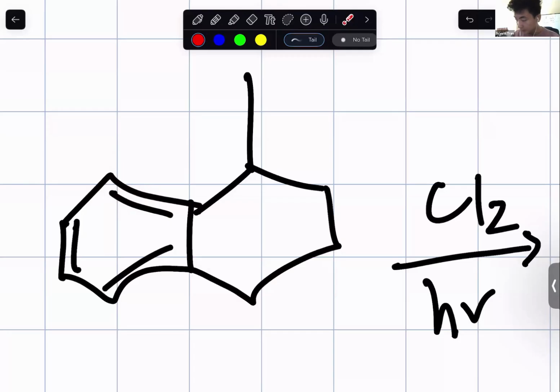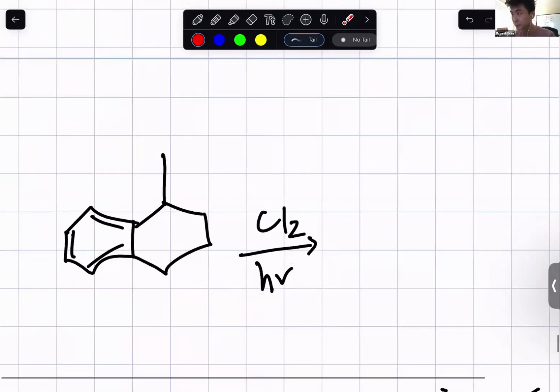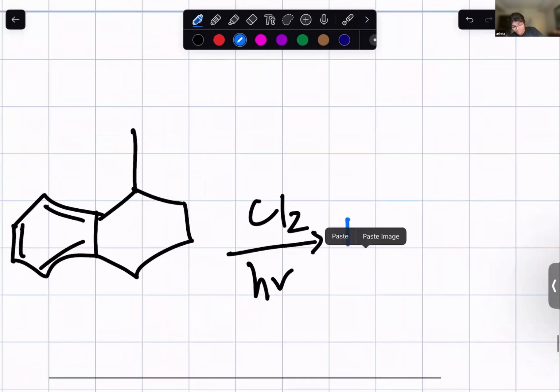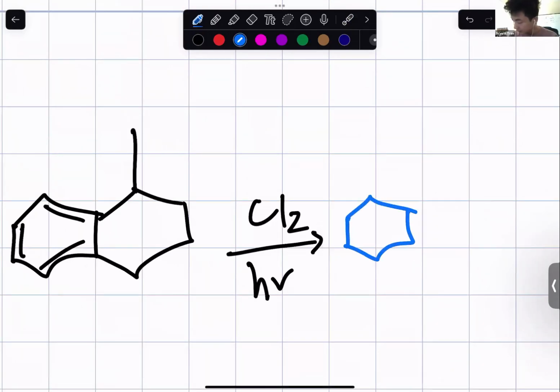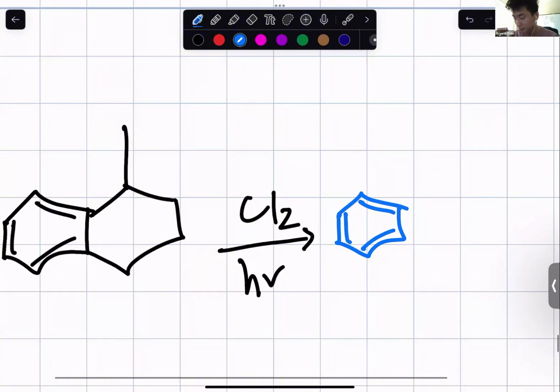Okay. So now we're going to focus on this and this and compare the stability between this radical and this radical. We know both can do resonance, so they're automatically more stable compared to the other ones. But which one is more hyperconjugated? Which one is more surrounded by hydrocarbon R groups? The top one. Yep. And that's where the chlorine would be to get the major product. If resonance wasn't a factor, then you would do the normal predictions that we have been doing with the calculations.